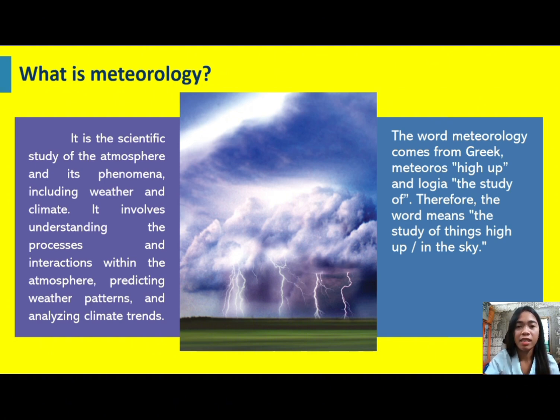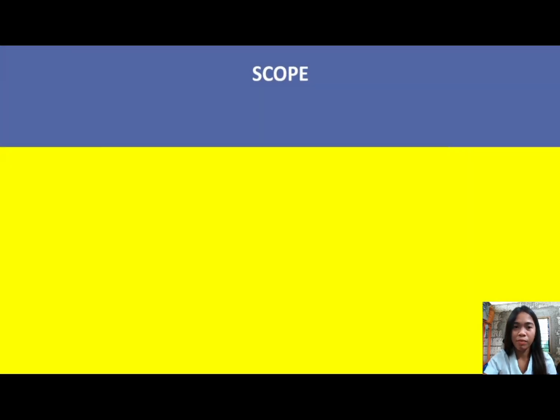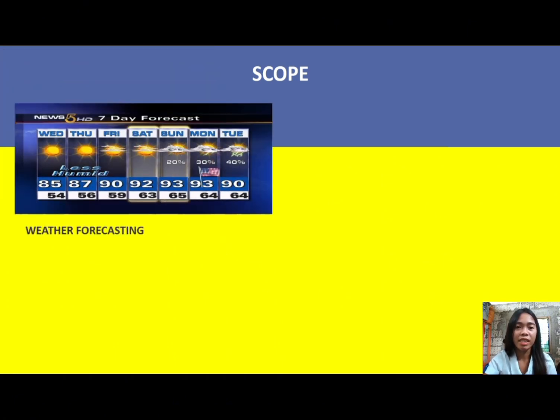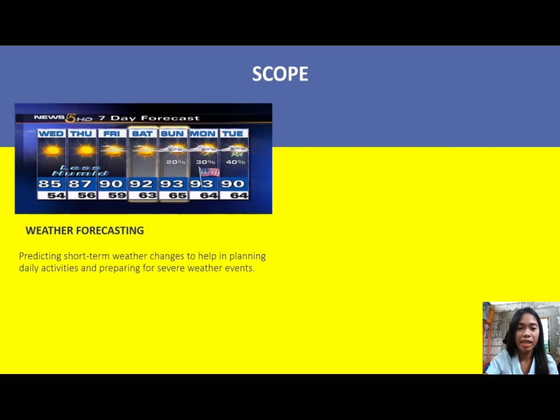Next, let's discuss the scope of meteorology. The scope of meteorology is broad, covering various aspects, such as weather forecasting. In weather forecasting, predicting short-term weather changes to help in planning daily activities and preparing for severe weather events. In these aspects, predicting the weather conditions for a specific time and place, usually over short-term periods like hours, days,